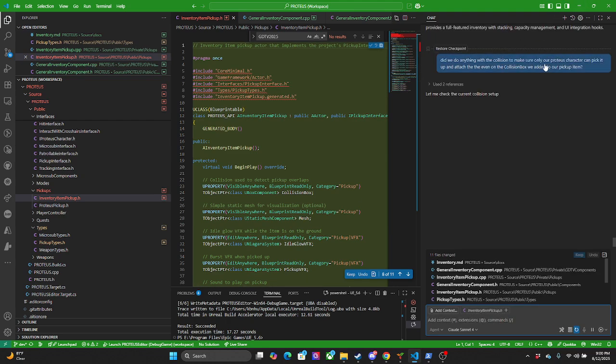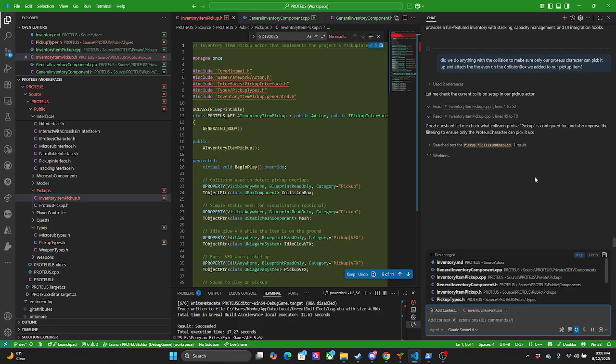So I want to know if it did anything wrong with the collision to make sure that only Proteus can pick it up, not the enemies. That might screw me over if I add multiplayer later.